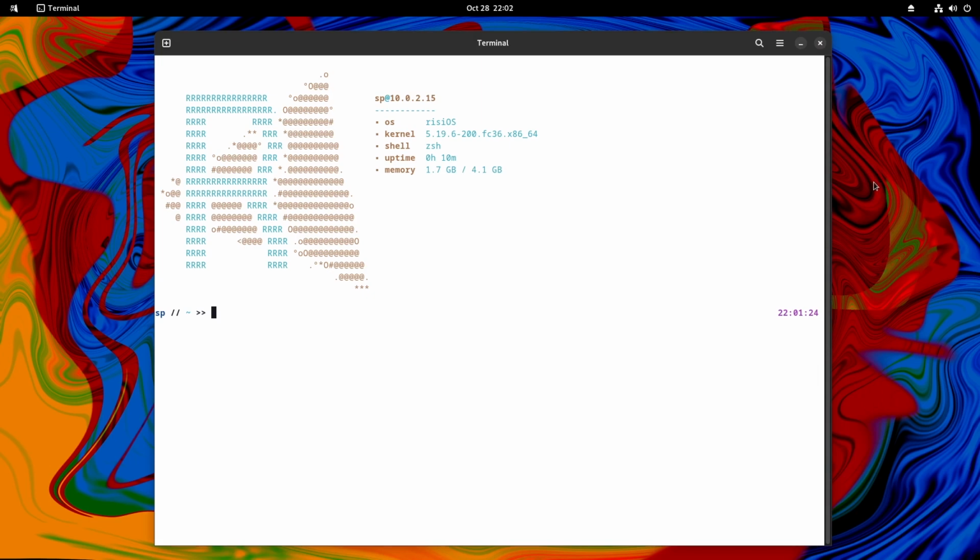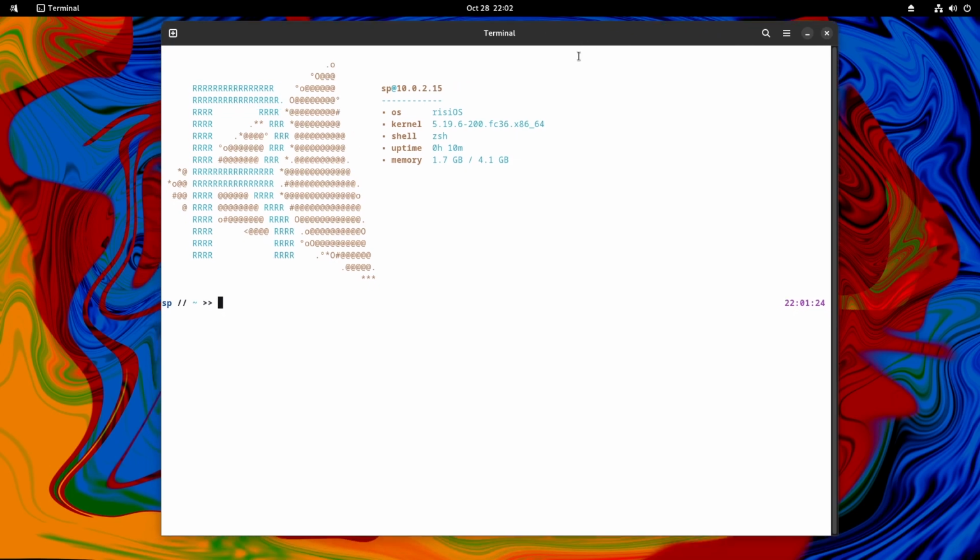And then after the ZSH terminal, wait, I will try. Yeah, it's very great. Actually, this is my first time. This is my first experience using ZSH as a terminal.